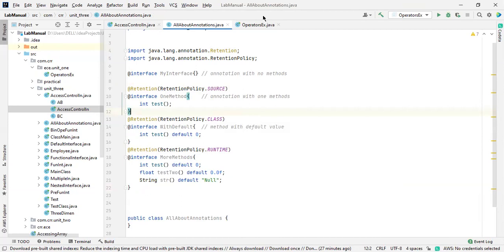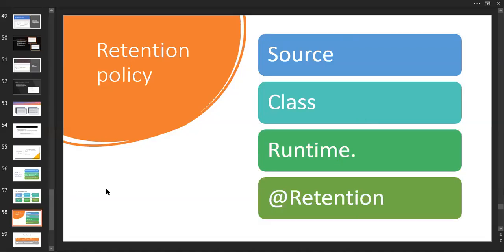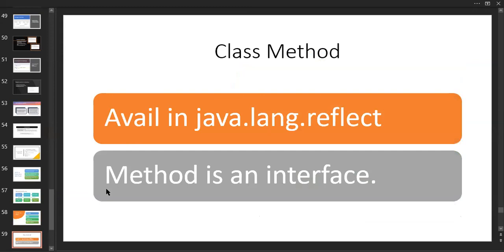Okay, now we are going to discuss the class method. This class method is useful at the time of user defined annotations. Please make sure you concentrate on this topic, which is very important in both conditions. From an examination point of view it is very important. From a programming point of view, when you are in business, you will get a good idea, there is a good usage of it. Not this one, interfaces, I'm telling about the interface.